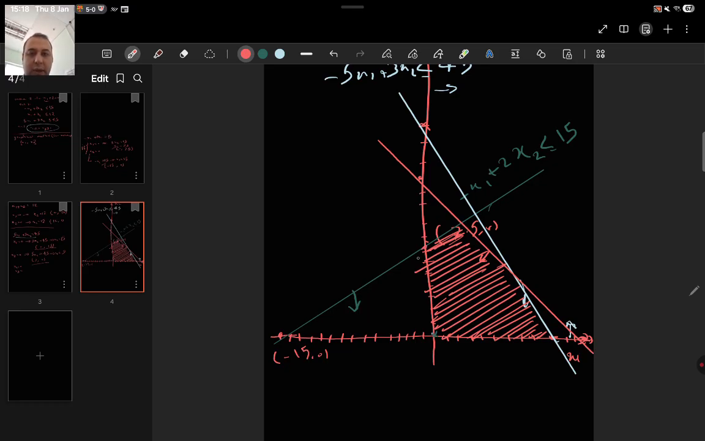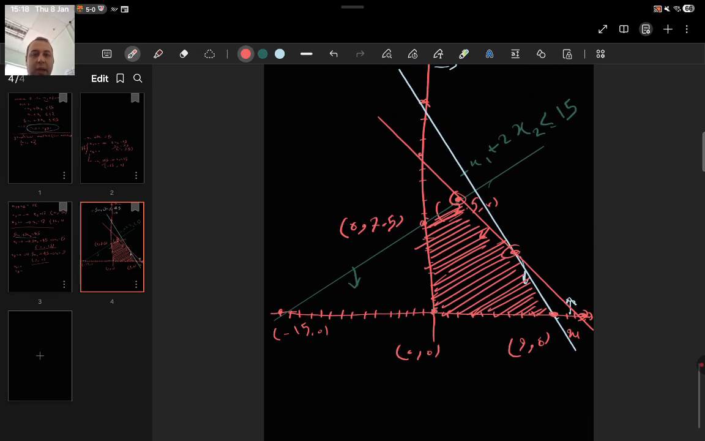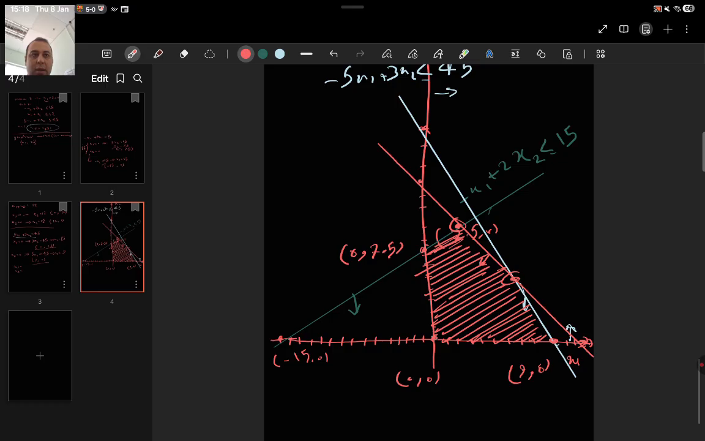Okay, for this we have to find the corners on the edge. We use corner points. How many corners do we have? 1, 2, 3, 4, 5. So this point we know, 0 and 0. This point we know, which is 9 and 0. This point is 0 and 7.5. This point and this point we don't have any idea. Okay, how to find these 2 corners? We have 2 lines which are connected to